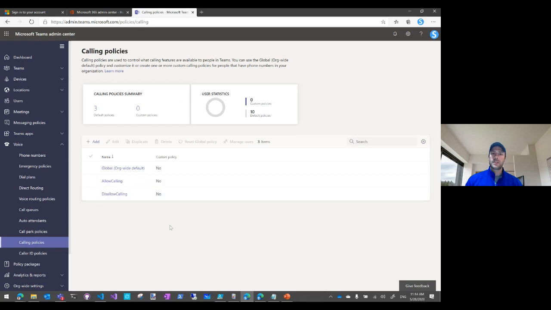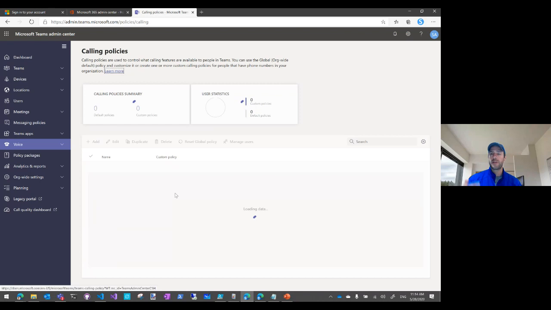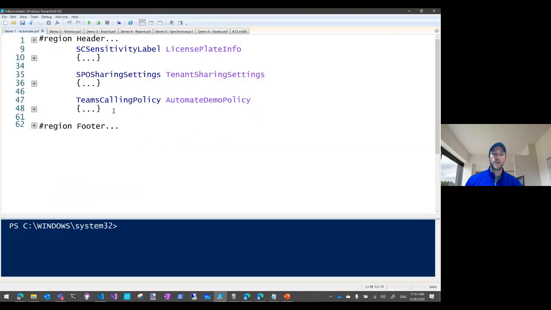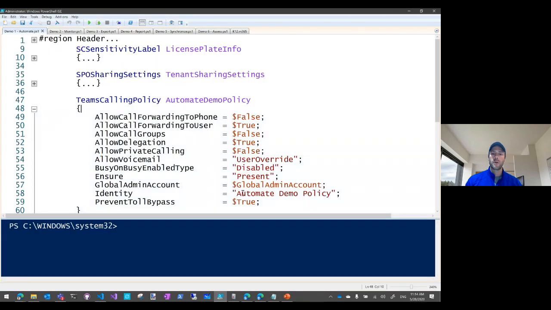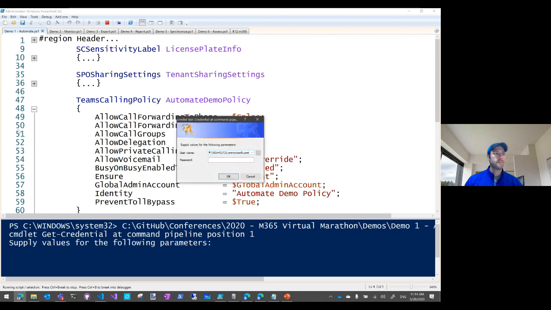What we see here is that in my source tenant, I'm just going to refresh this to show you that there's no smoke and mirrors. We only have three calling policies, which are the default ones, right? Should come back anytime. So we only have three. Based on my definition here, I'm trying to add a fourth one called automate demo policy. So I'm going to go in, I'm going to run this here. It's going to prompt me for my credentials. I'm going to pass in the credentials for my source tenant